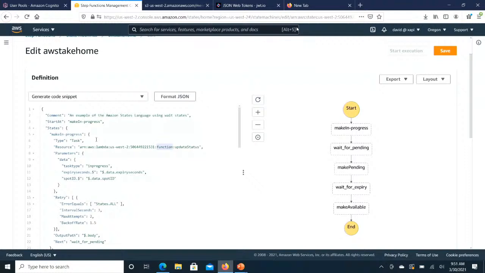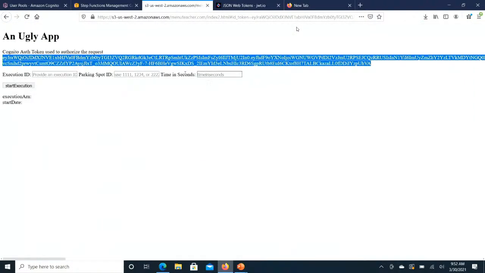And that Lambda function is actually going to take some information that the user provided in that little application, and I'm going to show you how this works, and it's going to store it into a little table. And that table is another service we're going to go look at in just a moment. So let me just walk you through one of these. I think this will start to make more sense.